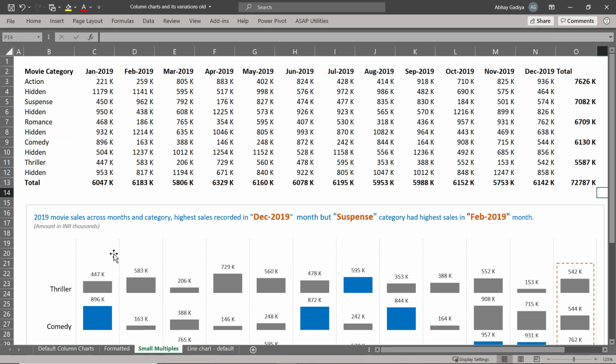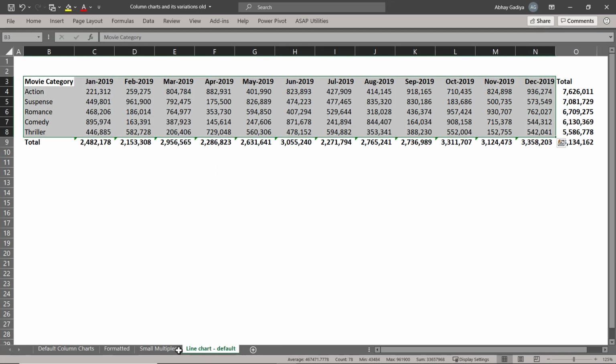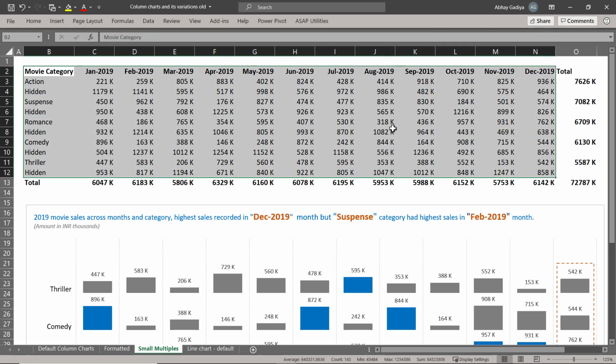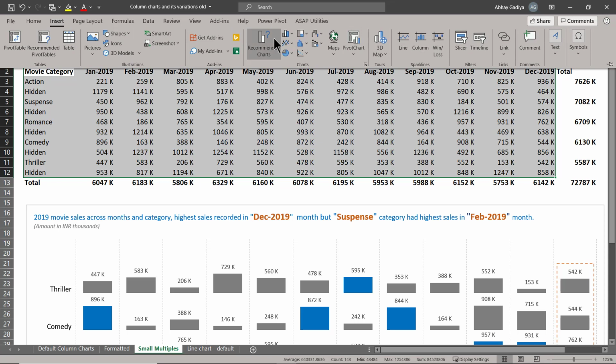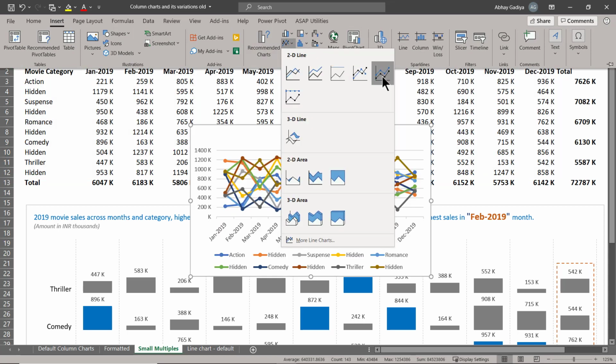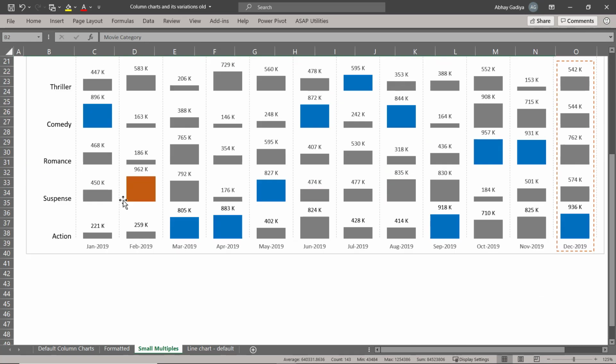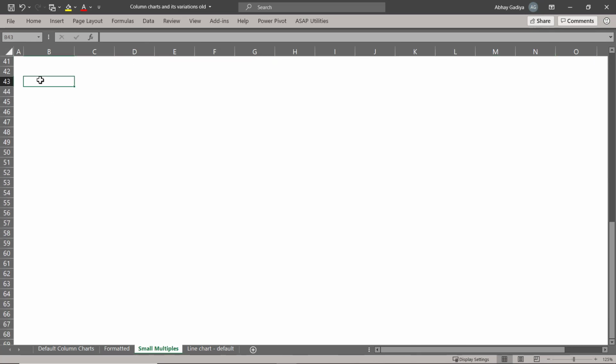In the previous video we added hidden rows, so we'll have to do the same thing to create this stacked line chart. I won't be repeating these steps. You can watch from my previous video how I created these hidden rows for the dataset. Let me now select this entire dataset without the total rows and columns. Go to Insert, select line and then select stacked line chart with markers. Let me cut and move this chart to the bottom over here.